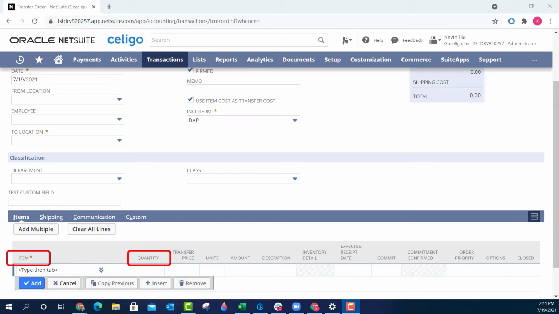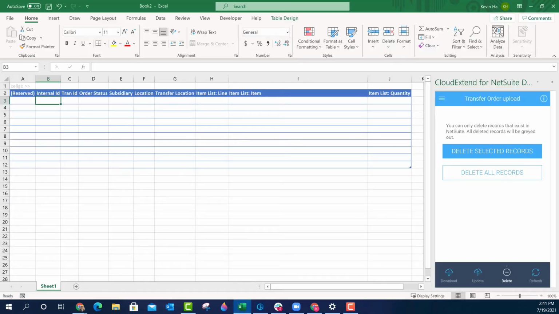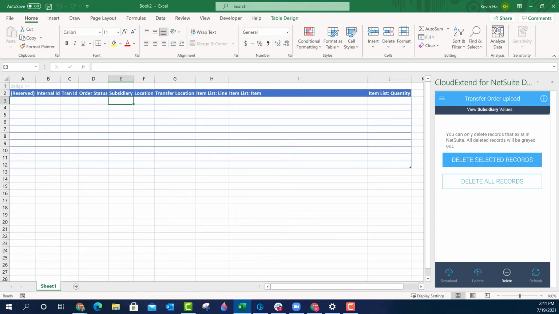In the CloudExtend template, we can see that there's a transaction ID, the order status, subsidiary, location, and transfer location. And in sublist, we have the item and quantity. So now that we have a better idea as to what fields we will need, I'm going to go into